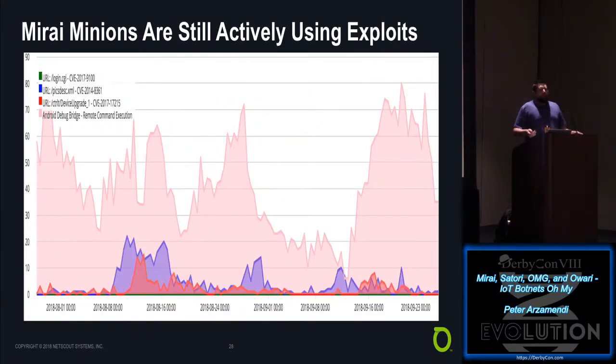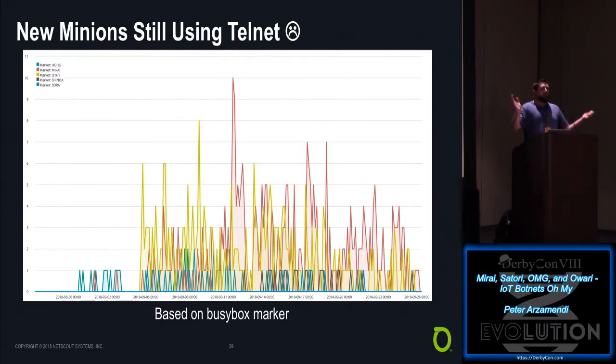We still see these attacks, and they're still going on. They're not going away. They're not slowing down. We'll still see variants using this. Here's just an example of a point of time at the beginning of August where we're seeing traffic. This is from our honeypot, collecting data of attacks that are being run in the wild. The purple here are variants or devices that are trying to scan for AD and exploit that. The other ones you can see down here, not as high frequency, but still there, are the other exploits that we saw in some of the previous examples. And people still use Telnet.